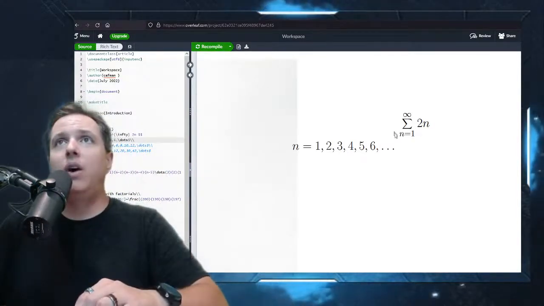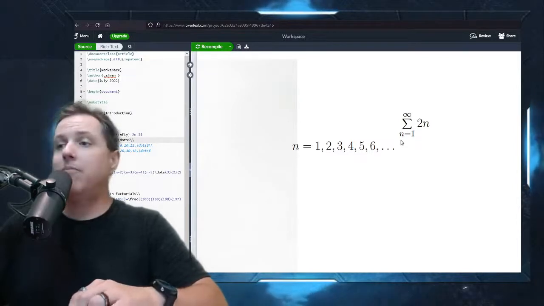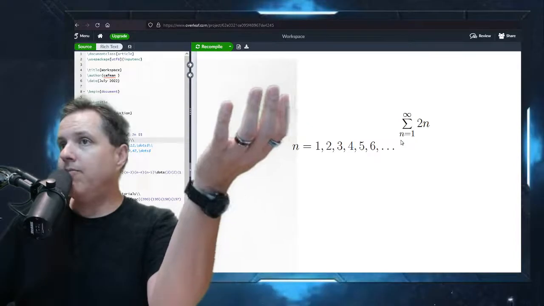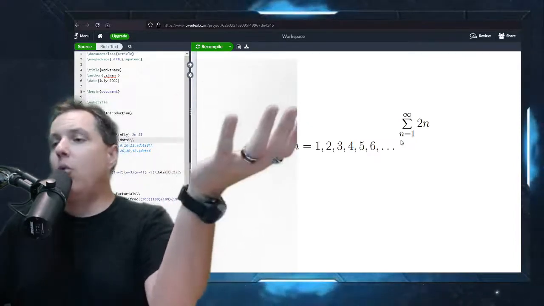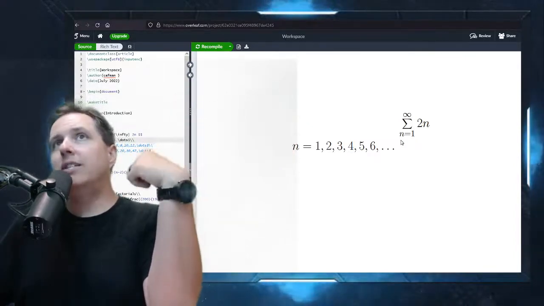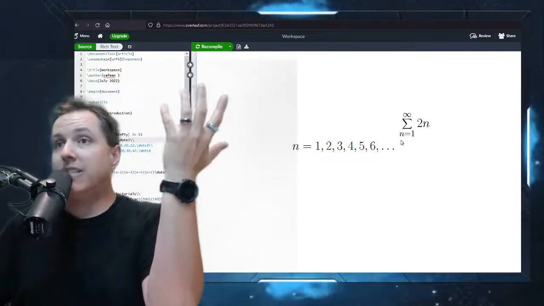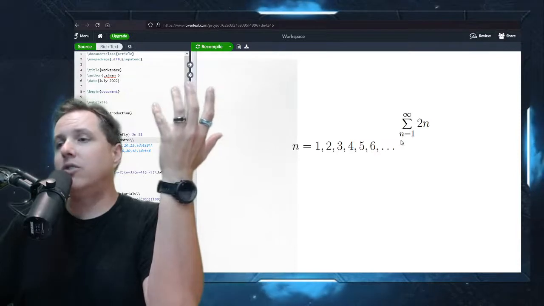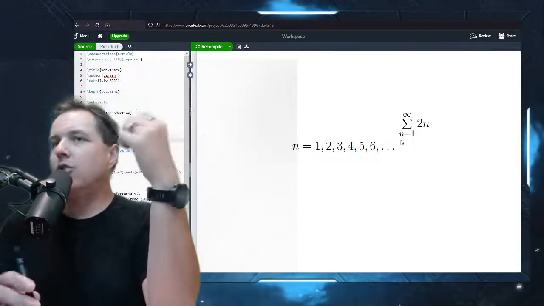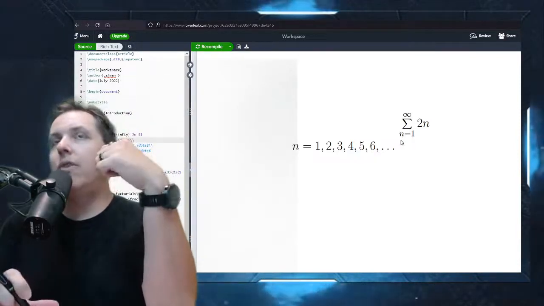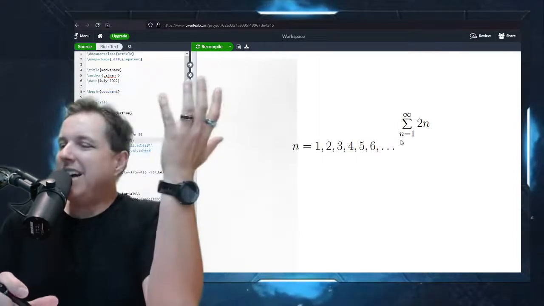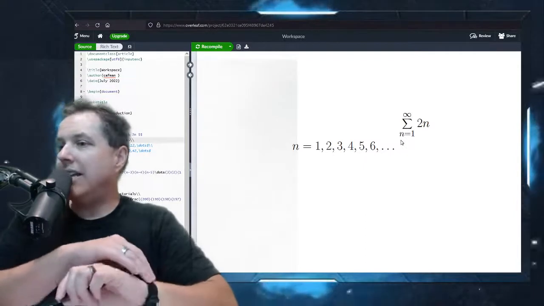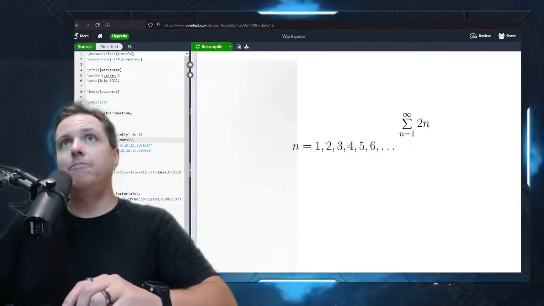So n starts at 1. They give you the starting value down here at the bottom. N doesn't have to start at 1. Very frequently, n will start at 0. Very frequently, n will start at 1. But you will also run across cases where n starts at 4 or 7 or 25 or whatever. There's no reason it has to start at 1 or 0, but it's usually a little simpler. So a lot of times when we're writing our series out, it's kind of nice to have n start at 1 or 0, but it's not necessary for that to be the case.